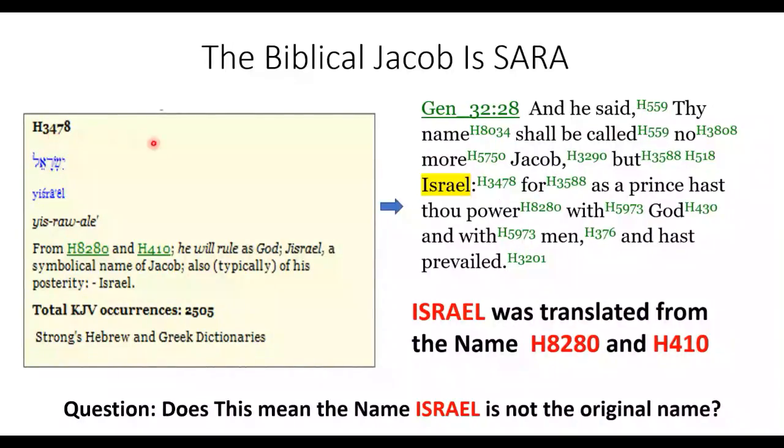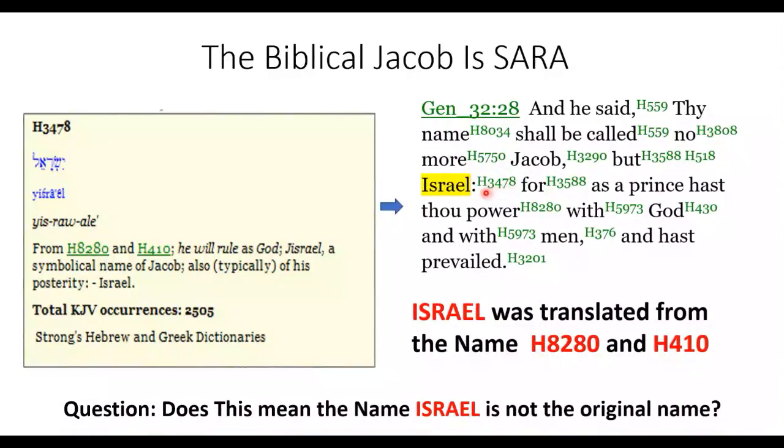So first things first, we're going to read the scripture right here. It says Genesis 32:28, and he said, "Thy name shall be called no more Jacob, but Israel. For as a prince hast thou power with God and with men, and hast prevailed." So we're going to go back here to the word Israel, and these numbers to the right,